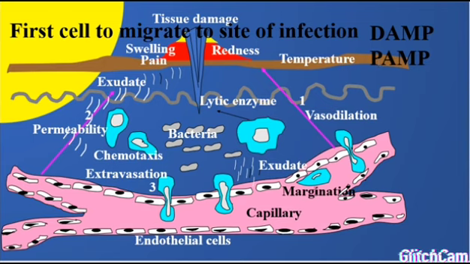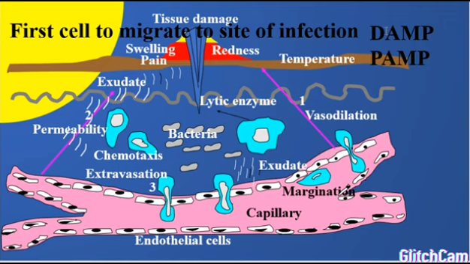As can be seen here, this is a blood vessel during inflammation. As you know, the three major events that take place during inflammation are increased capillary permeability, vasodilation, and influx of cells. So these are the neutrophils attracted to the site of damage or infection by